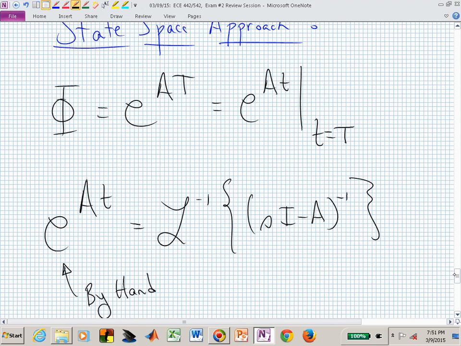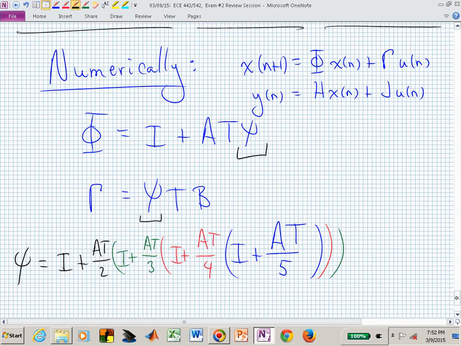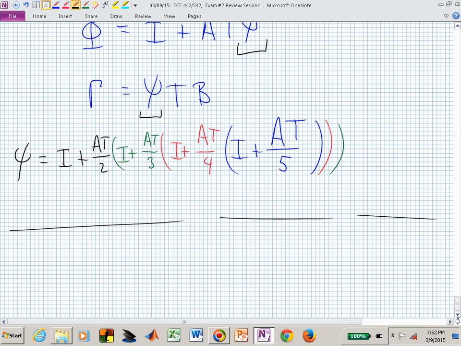inverse Laplace transforming, and they can pretty quickly do this. And it depends on the structure of A and what you have. It might be fairly straightforward to do. And somebody else might say, that makes me nervous. Let me just do this numerically. Or I might say, do it by hand and not numerically. So you need to be capable or know how to approach both options in this zero order hold equivalent. I'm not sure I answered your question, but